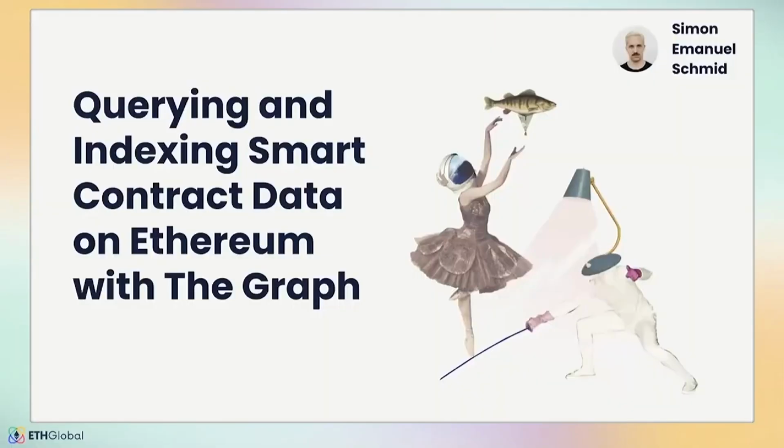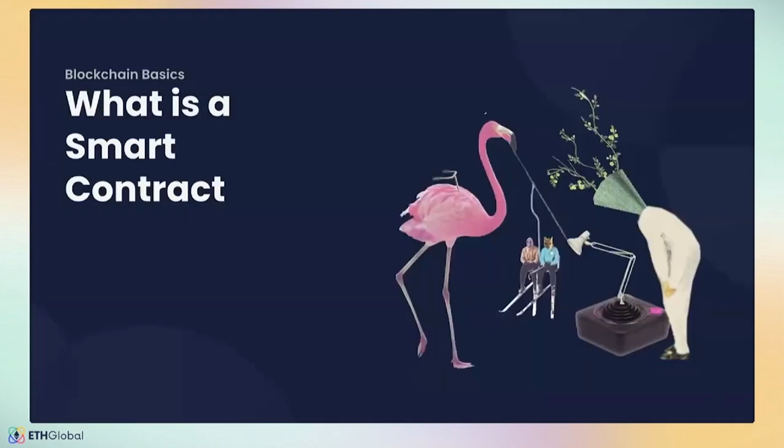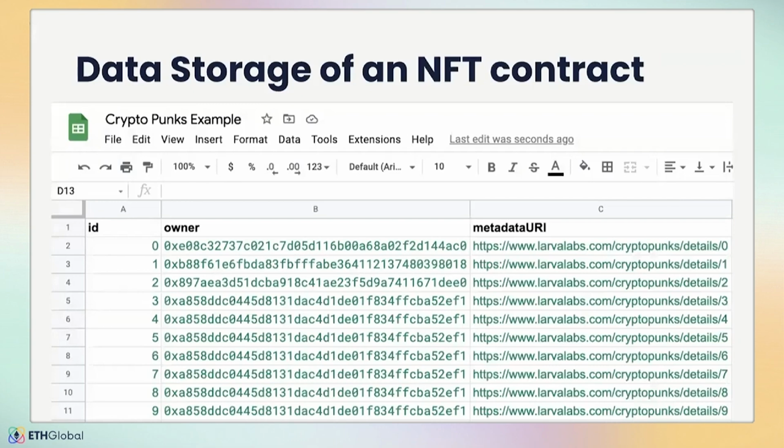So, querying and indexing smart contract data on Ethereum with The Graph. I start here really with the basics. That is, what is actually a smart contract anyway? And here is an interesting example you can think about of a smart contract, that it has